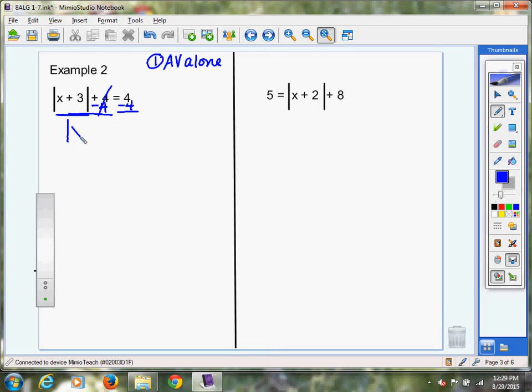Now what that's going to do is we're going to bring down the absolute value of x plus 3, and we're going to find that it's going to equal 0. This is one of those examples where absolute value is equal to a number that's not a positive number. In the examples in example 1, they all were set equal to a positive number. Here, it's not. It's set equal to 0. We're still going to follow the same format. We're going to write